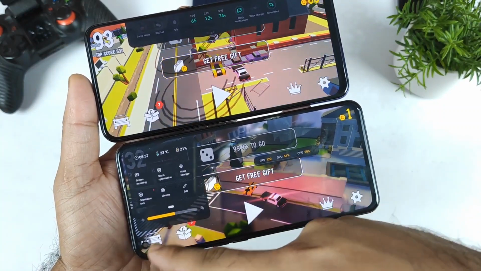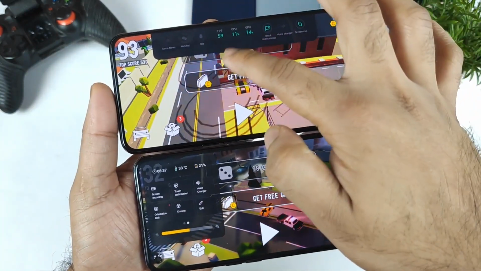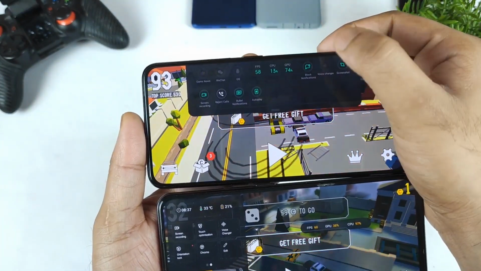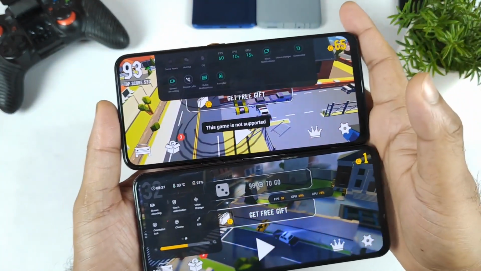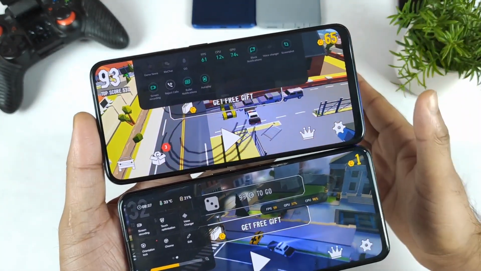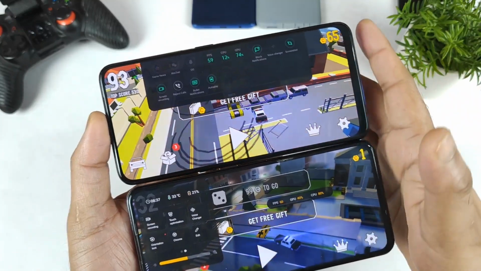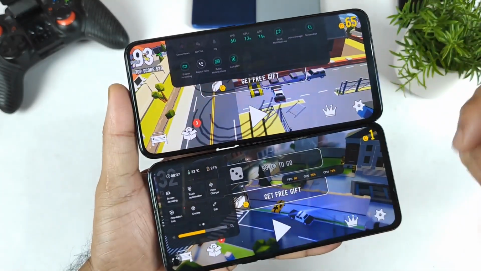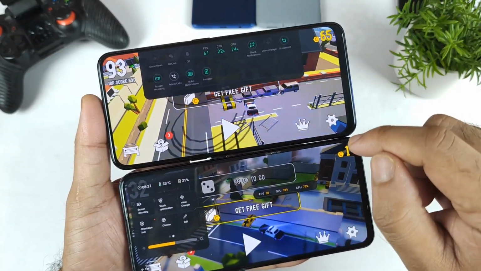I mean, voice changer has been implemented. Voice changer is quite new. Before there were no voice changers. I think there is a voice changer in the Chinese version of the game space. So you can see voice changer is there. It was there from the beginning of Realme UI 1.0, but not in the Indian version. The Indian version implemented it this time, in Realme UI 3.0. So that's something you should definitely understand.